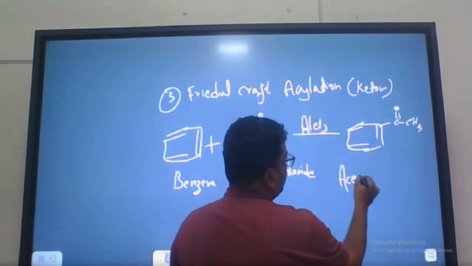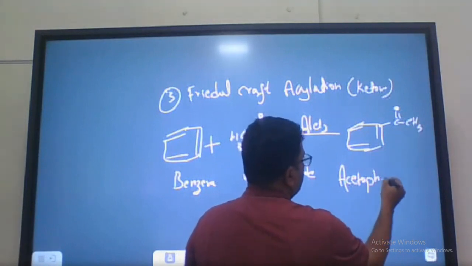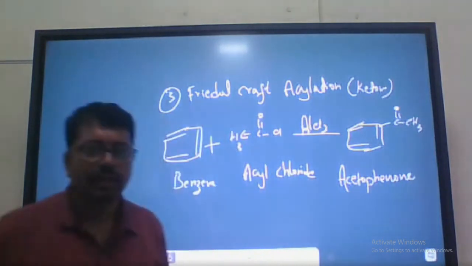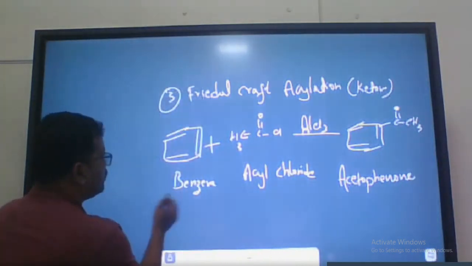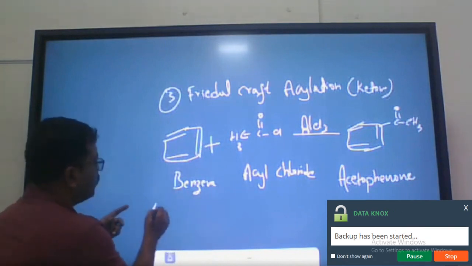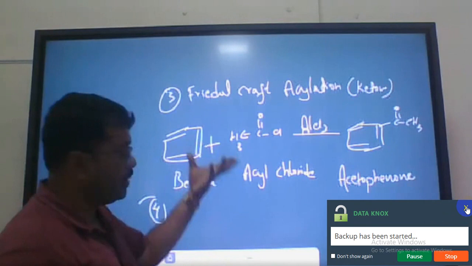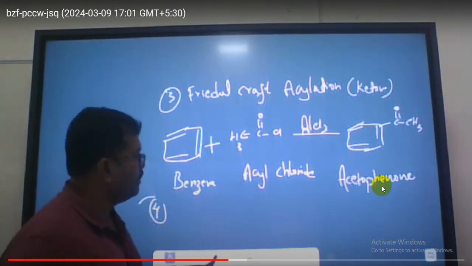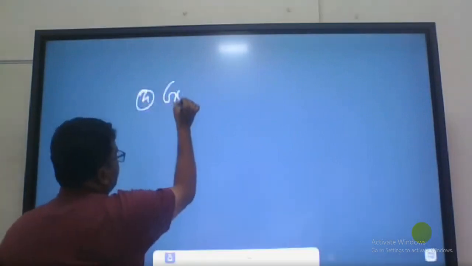It gives acetophenone. The name: aceto, and this is phenone. Acetophenone. Okay, so this is the third reaction. And the fourth preparation is called